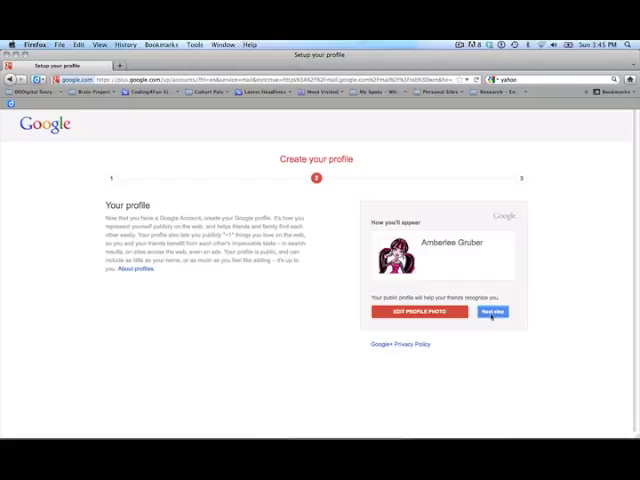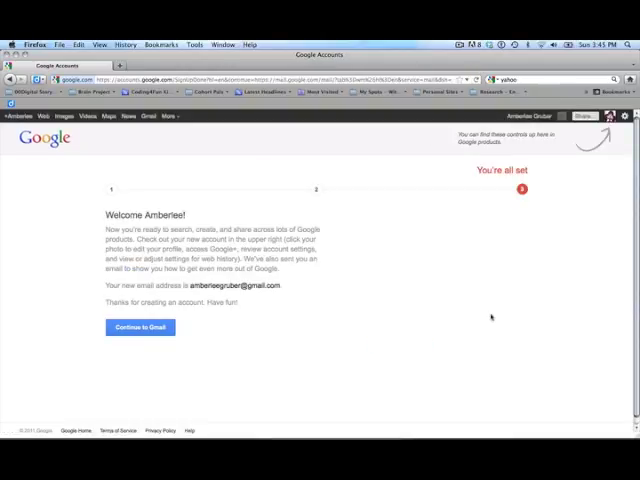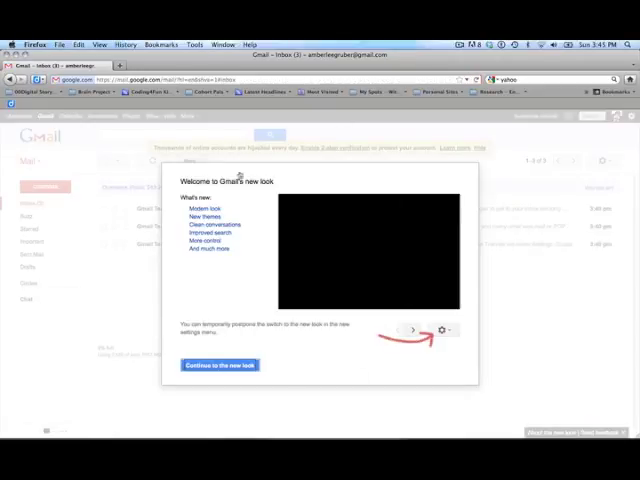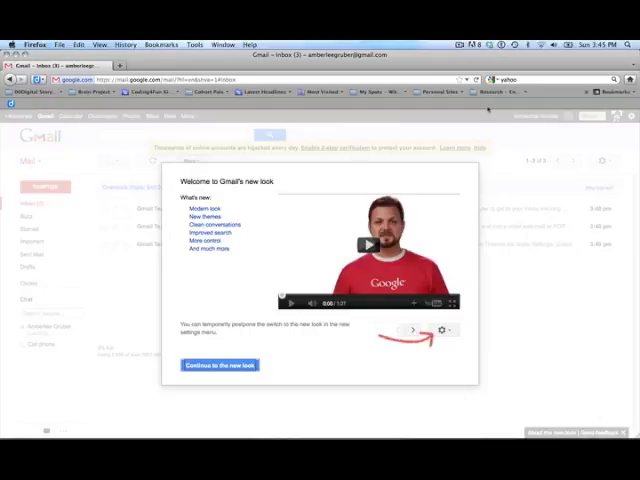So next step, it says you're all set, and you can find these controls up here. She has her new email address, and she can continue to Gmail. And we can do that just by clicking there. And then this will set up her Gmail. For today, however, though,